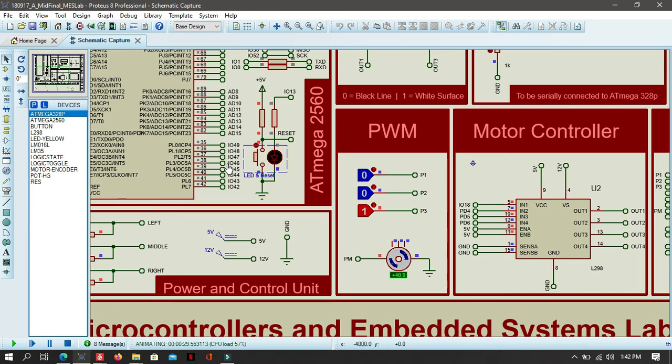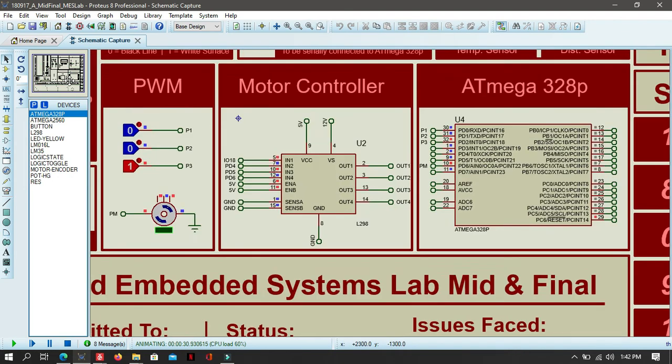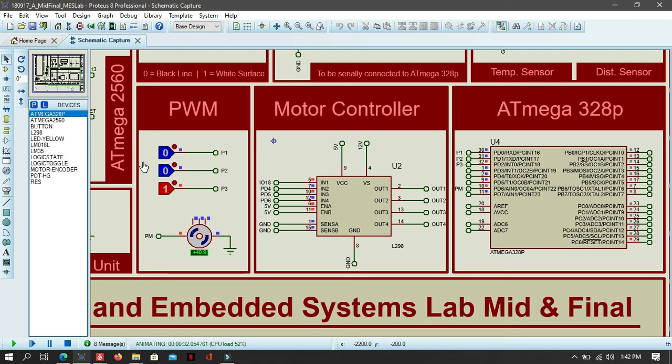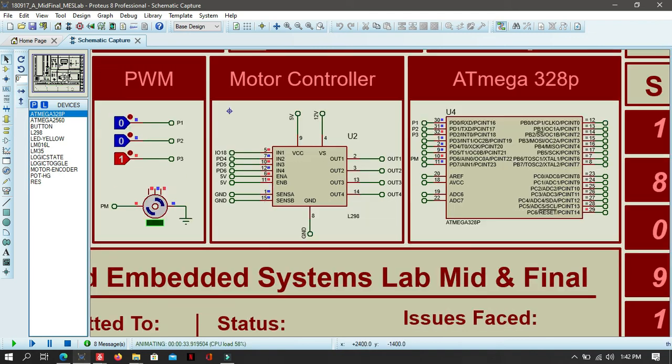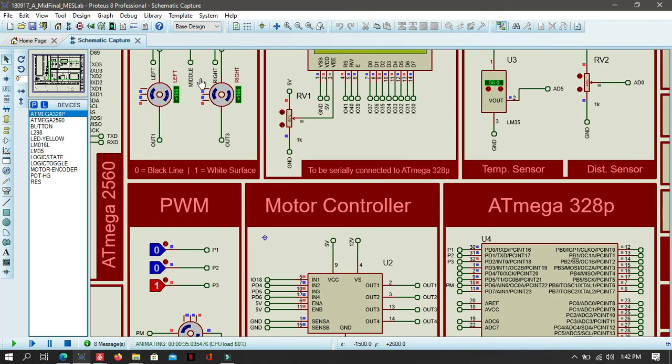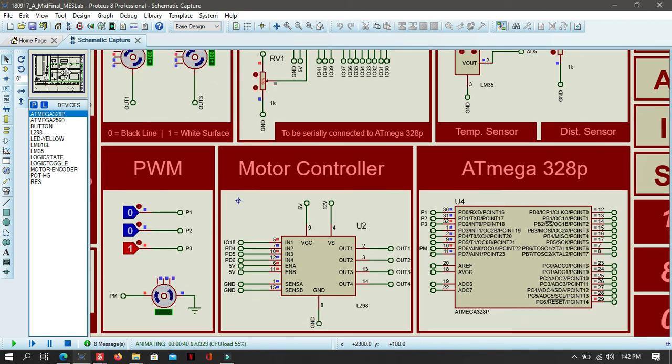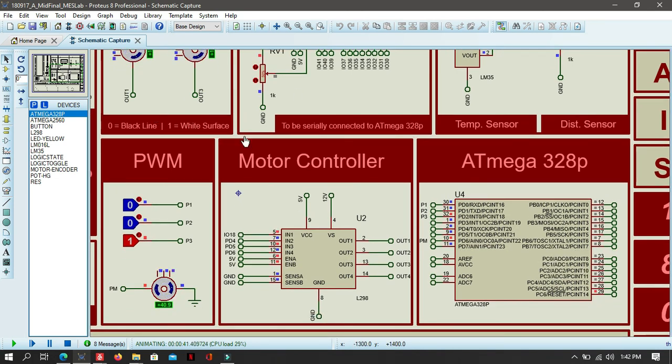Now coming towards an important question. I have connected the PWM to Atmega 328P and there is a separate motor, while our task was to control these motors using Atmega 2560 from PWM. Then why did I do this? The simple answer is that when we give a PWM signal to this motor controller, we need to control these motors from the motor controller. So when the PWM signal is given to the motor controllers, that signal is neglected by this